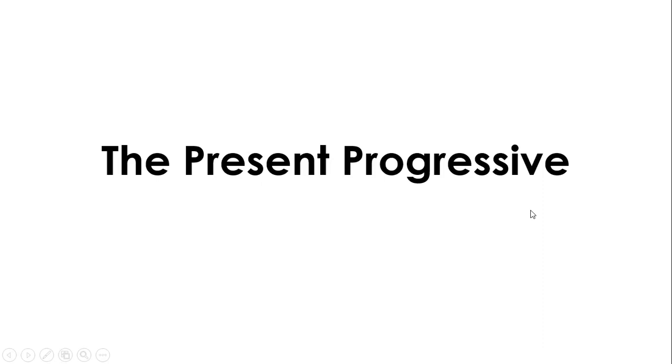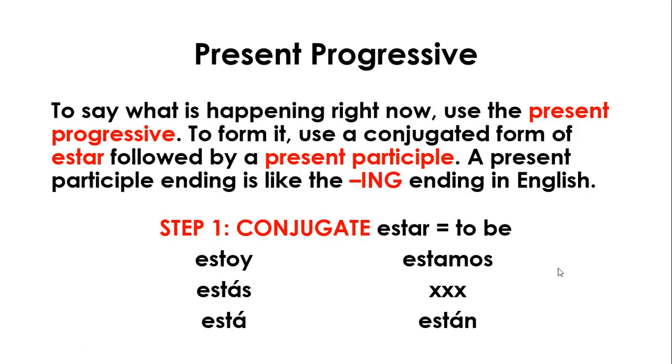Hola, clase. Today's lesson is about the present progressive tense in Spanish. It's like am, is, or are plus ing in English. You need to use the verb estar and then the ing equivalent in Spanish, and we will get to that in just a minute. So to talk about what's happening right now at this very second, we use the present